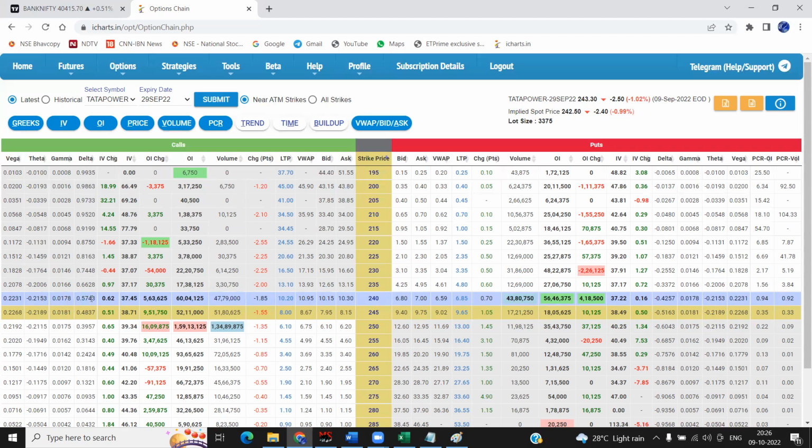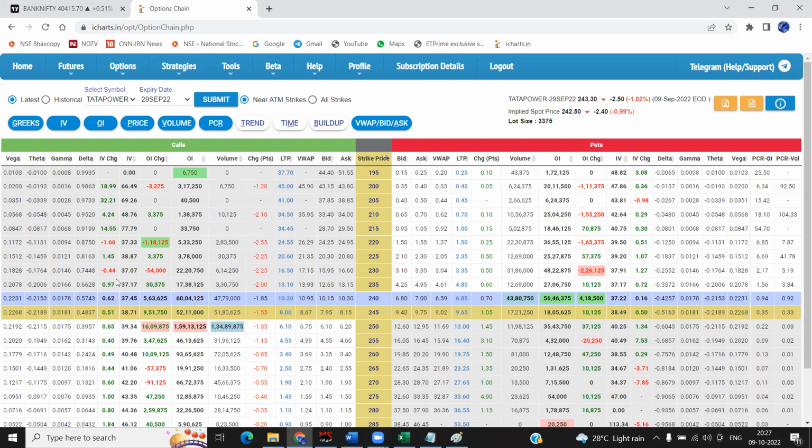This one will take care of 2.5 rupees, and this one, 2.21, will take care of, say, another 25 paisa, something like 25 paisa. So your 2.5 rupees can be the stop loss. Okay. Sir, can you please repeat it?